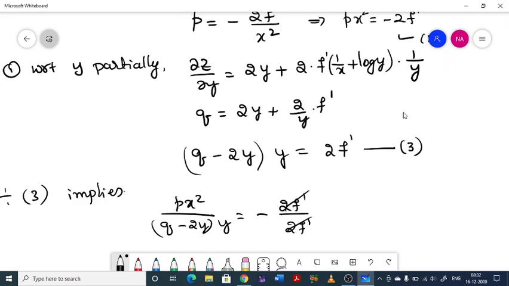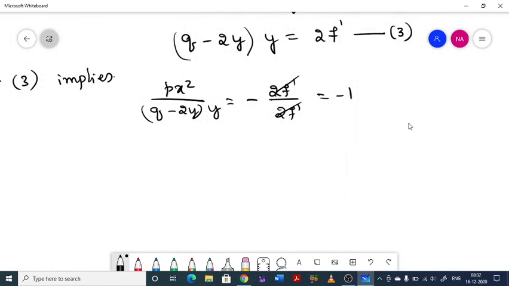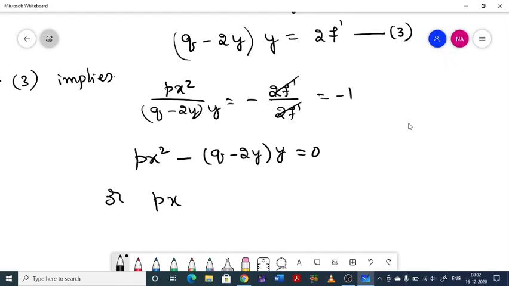So these two get cancelled, you get minus 1 here. So cross multiplying that, px square minus of q minus 2y into y equal to 0, or px square minus qy